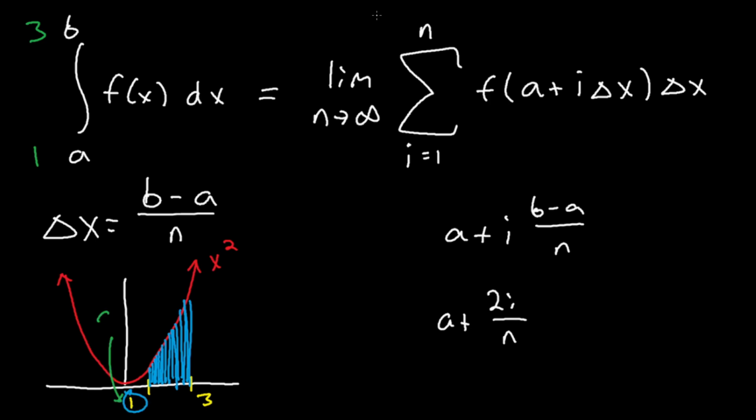A is here. And when you add all the widths of the rectangles one by one, like delta x. So i times delta x. So when you add, i starts off at 1, and delta x is some very, very small number that's very close to 0. So when you multiply 1 by a number that's close to 0 and you add it onto a, you get